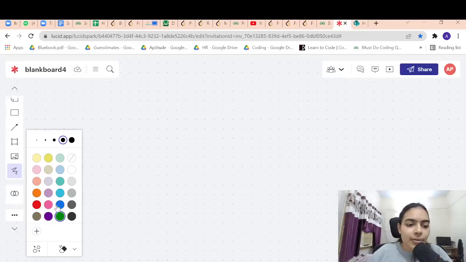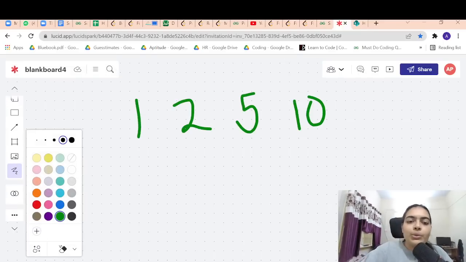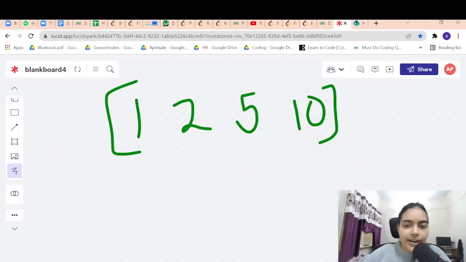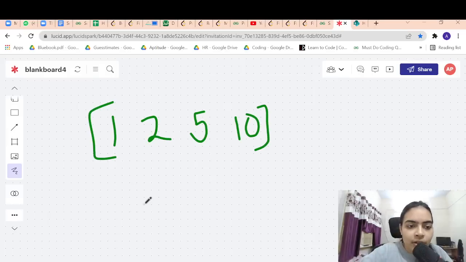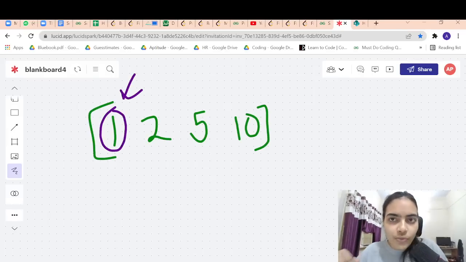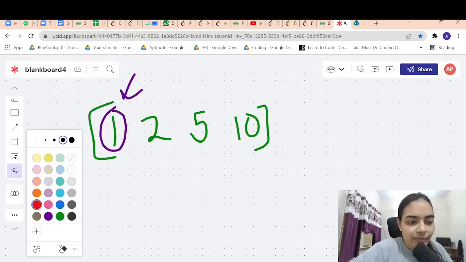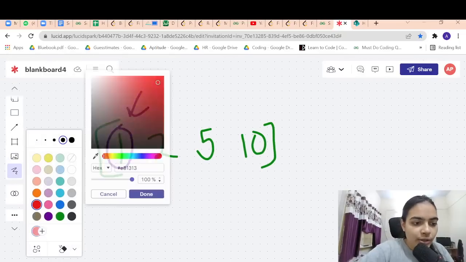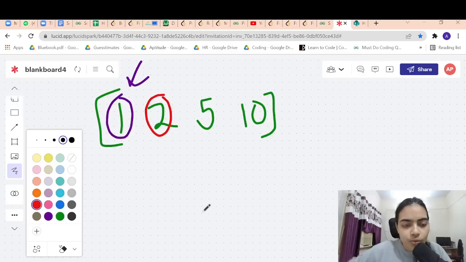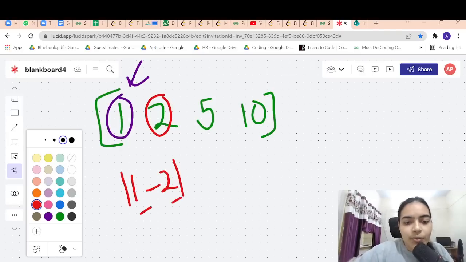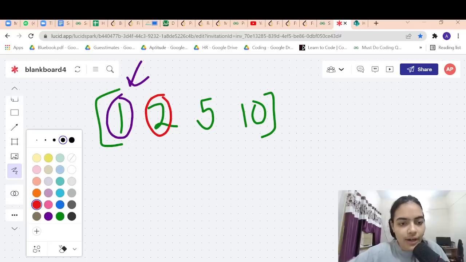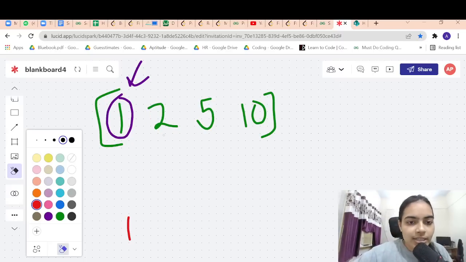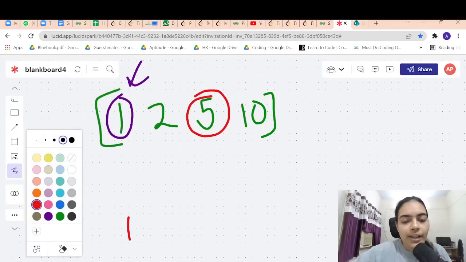Let's try to take an example to understand. Suppose you have the array 1, 2, 5, 10, right? So how many pairs will you form? Let's see all the pairs. So let me keep the first element as 1, okay? And what can form pair with 1? First of all, let's say 1 and 2 are going to form a pair, right? So what is the absolute difference of elements 1 and 2? It's just 1, right? So let me note 1. So I have 1. Now let's take the next pair with 1 and 5. What is the absolute difference? 1 minus 5, if you take mod, you will get 4, right?